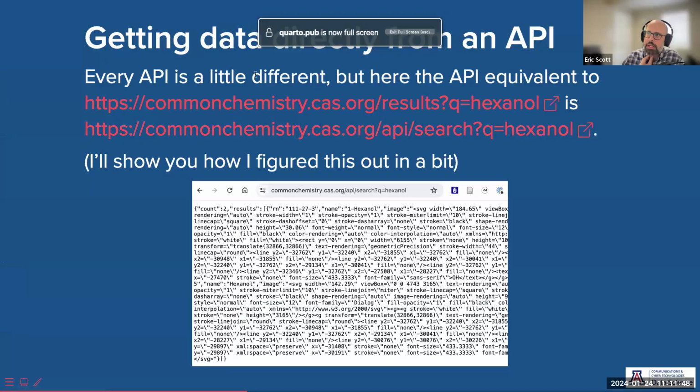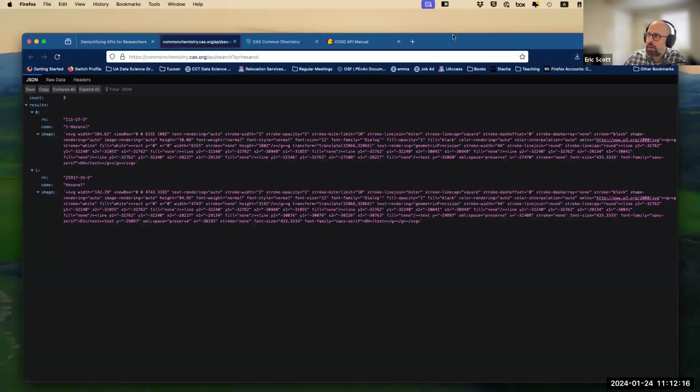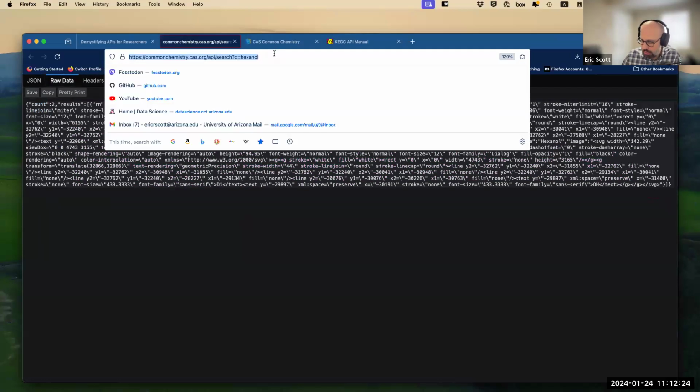Now, getting data from an API. Every API, like I said, is a little bit different. But here, what we saw in our URL when we searched for hexanol was commonchemistry.cas.org/results?q=hexanol. The API equivalent to this, and I'll show you how I figured this out later, is commonchemistry.cas.org/api/search?q=hexanol. I'm using Firefox, and so it shows up in this nicely formatted way. If you open it in Chrome or something, and I'll paste this URL in the chat so everybody can look at it,